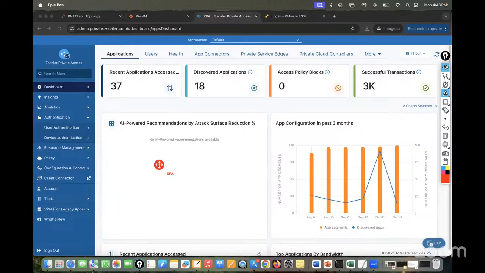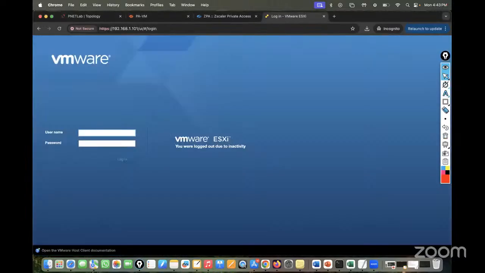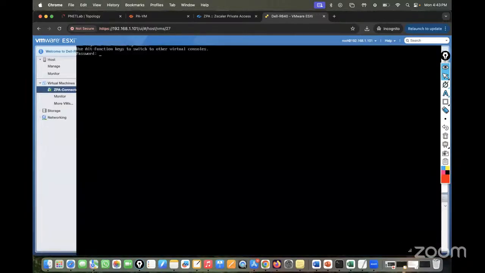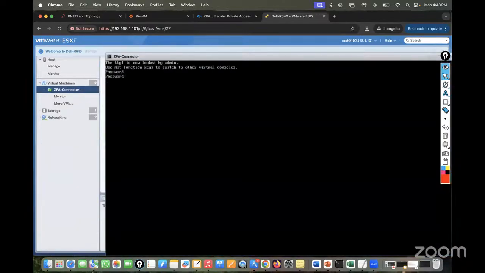So people always get confused about how it works, how it is configured, and how it is deployed. Today I have deployed one ZPA connector that is live. Let me show you. It is a completely live ZPA connector, and I was just doing a POC, so I thought, why not make some content where my viewers also get benefited. So if I try to log in to my connector,